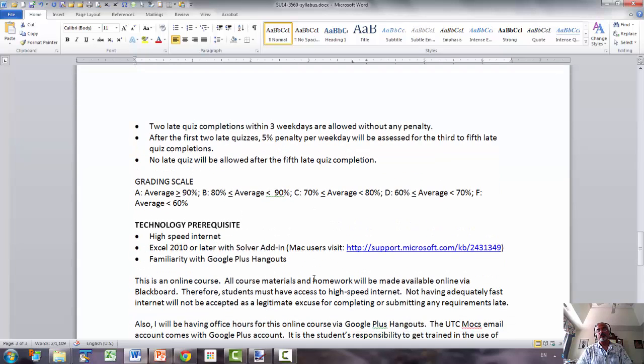Technology prerequisite, of course, you need to have high-speed internet. This is an online class, so for you to be able to access content and complete the requirements, you have to have high-speed internet. And we'll be using Excel 2010 for the course content, so you should have access to Excel 2010, be able to work with using Excel 2010. Now, we'll be using Solver add-in for solving the problems. If you're a Mac user, then you need to look at this site for more information on how to get